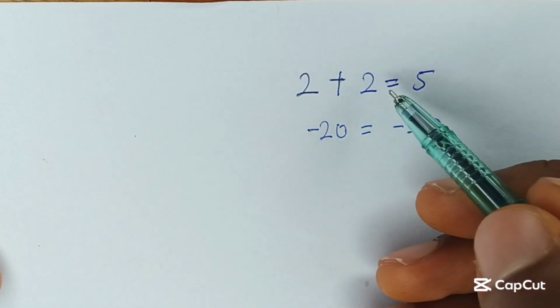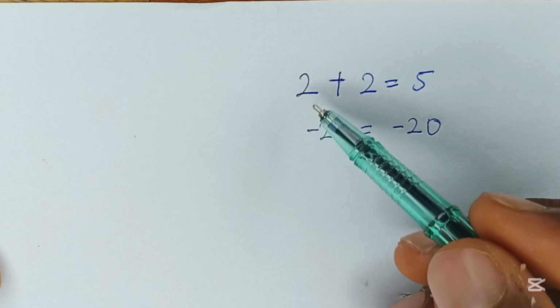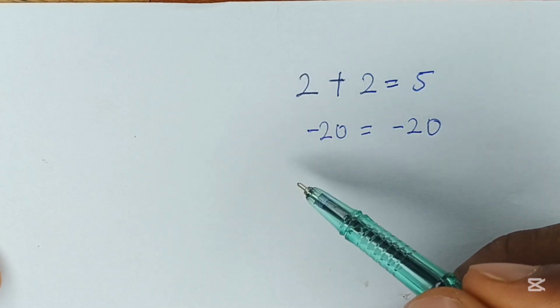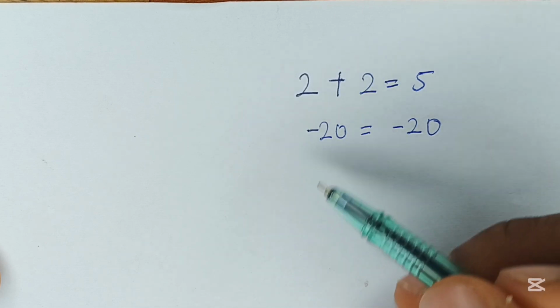So 2 plus 2 is equal to 5. As we all know, 2 plus 2 is equal to 4. But today I'm going to be showing you guys that 2 plus 2 can also be equal to 5. Okay? I want you guys to spot the place the mistake is at and comment this in the comment section